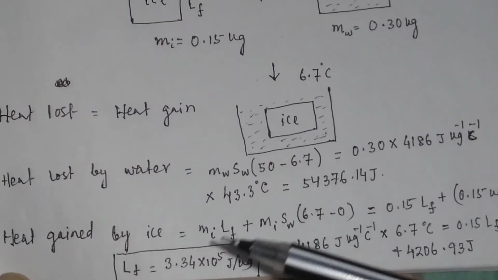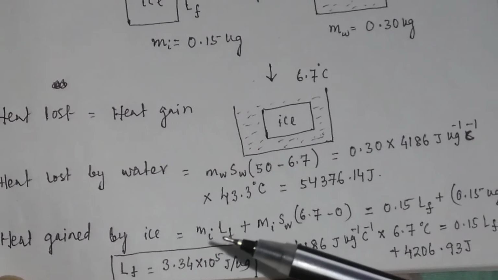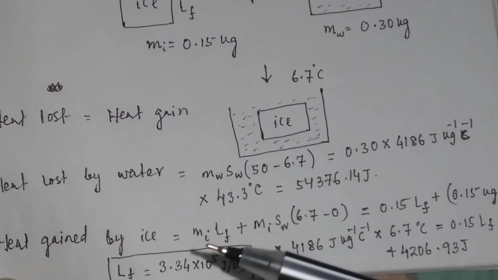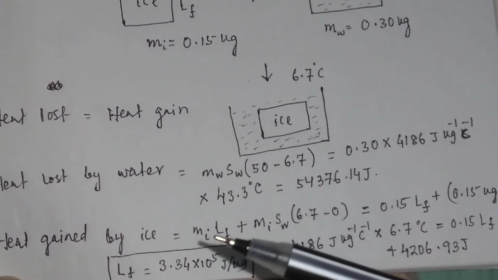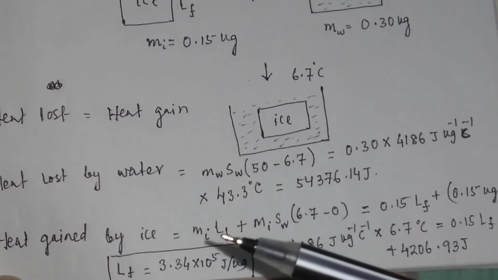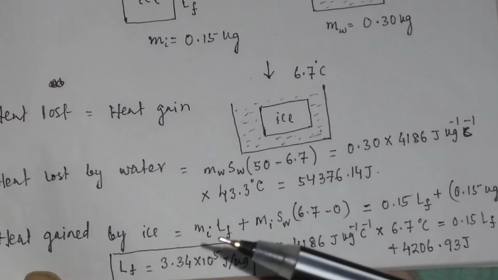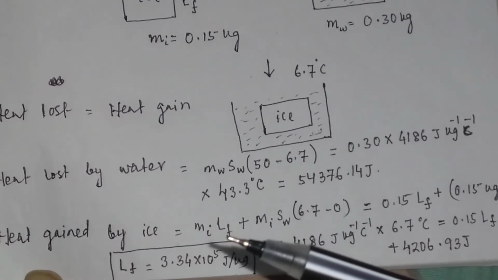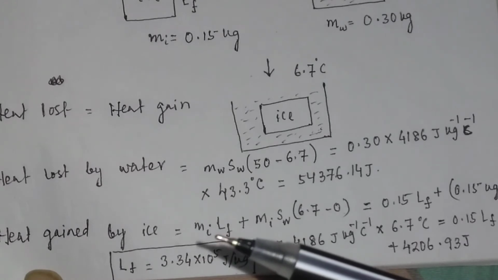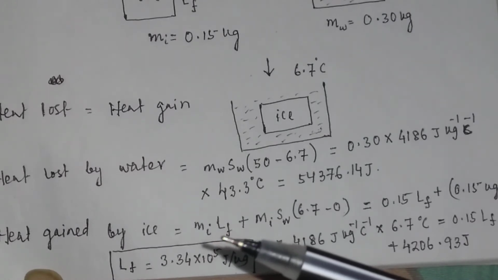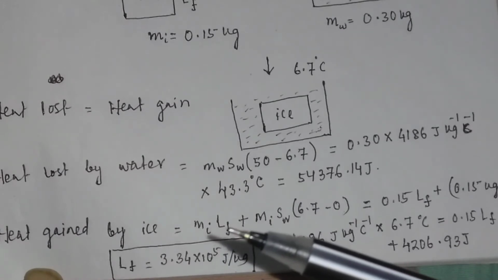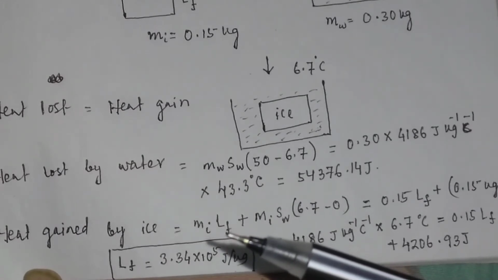Now we will calculate the heat gained by ice. Heat gained by ice can be calculated like this. First, ice will be melted to ice water. That is, you have to use the formula Q is equal to mL, because in phase change there is no change in temperature. Here m_i is the mass of ice and L is L_F, that is the latent heat of fusion of ice,